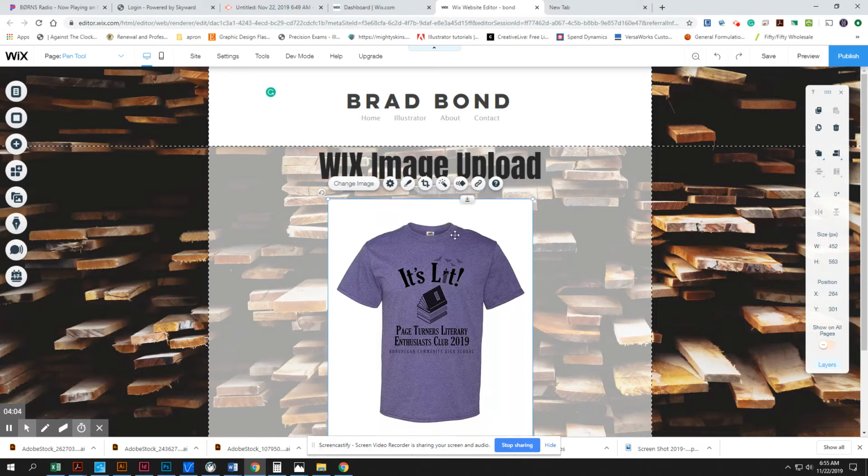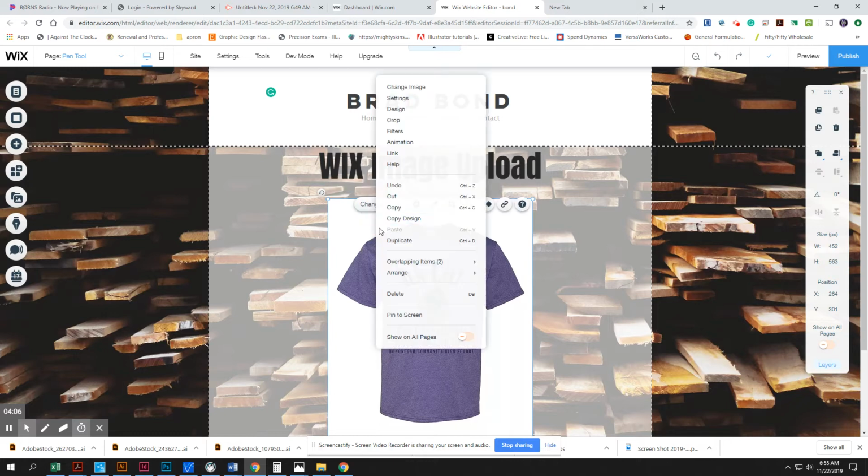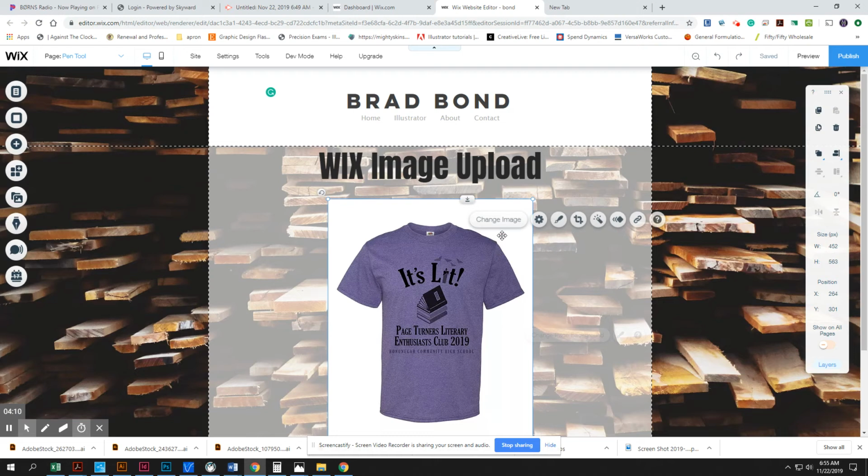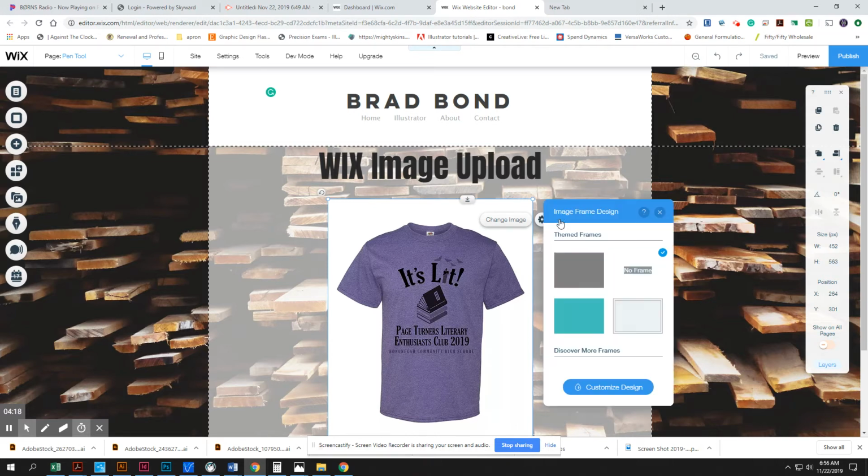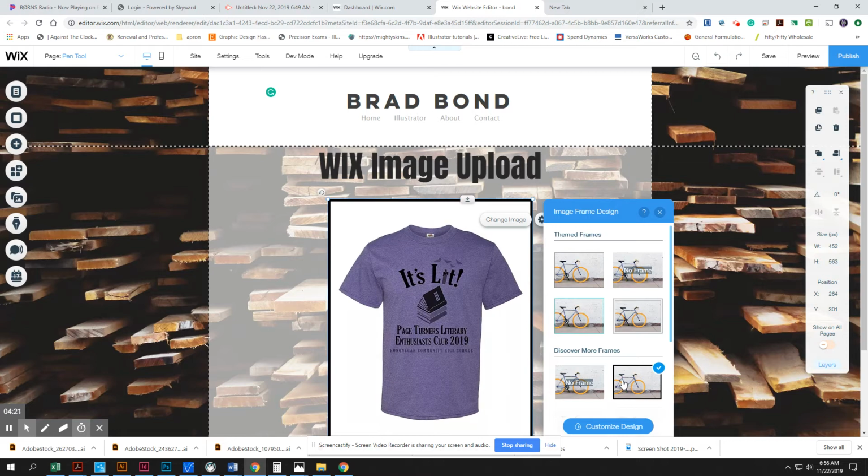Maybe some other things that I could do to make it better. I could do some styling stuff to it if I wanted. I could put it on a frame. So if you look in here, there's filters, animations, links, design. If I click on the design button, you can see I could put a quick little frame